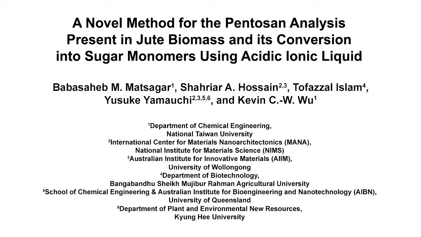The overall goal of this novel method is to convert pentosan present in jute biomass into C5 sugars using acidic ionic liquids. This method can also be used for the determination of pentosan concentrations present in the jute biomass. This method enables the synthesis of C5 sugars from various low biomass in aqueous media using a catalytic amount of